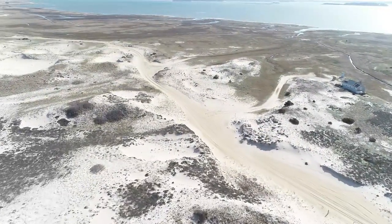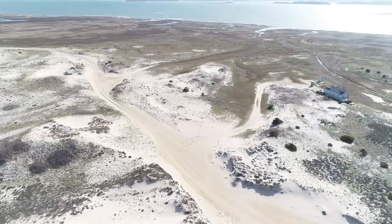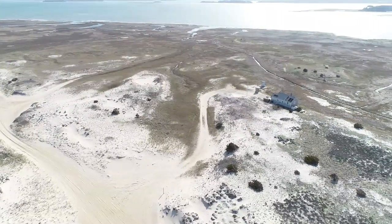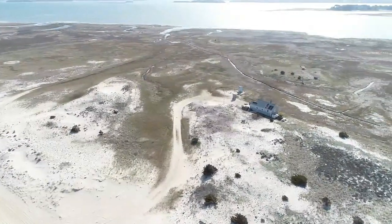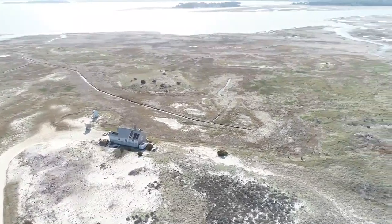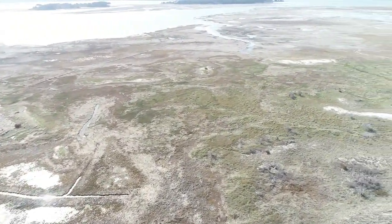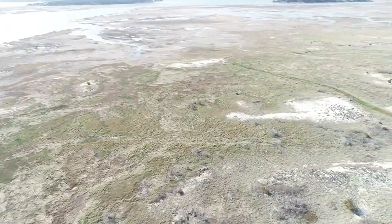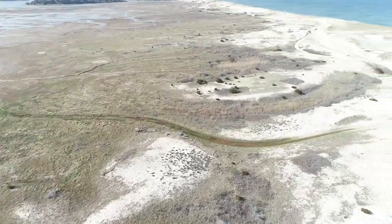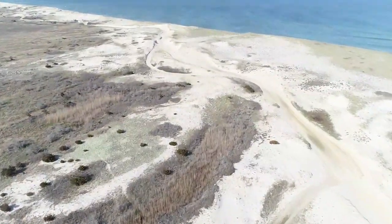So I think what I'll do at this point is to come back. Looks like a little road here. Oh, there's a house there. I'm going to come over here and have a look at that. Everything seems to be in good shape. The marshes have no grasses in them, as you can see, because this is a very late spring for the Cape. At least in my judgment, anyway. And we'll follow the road back,